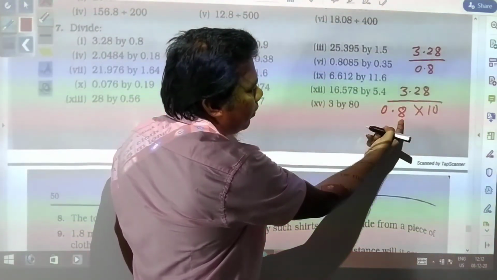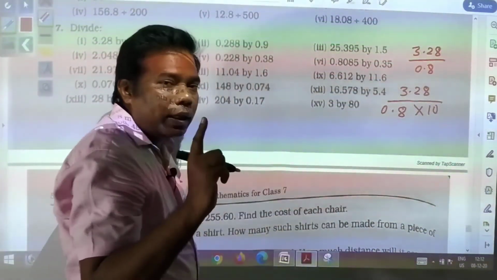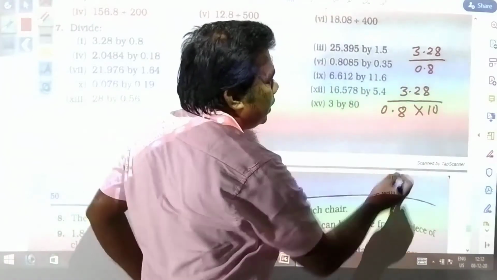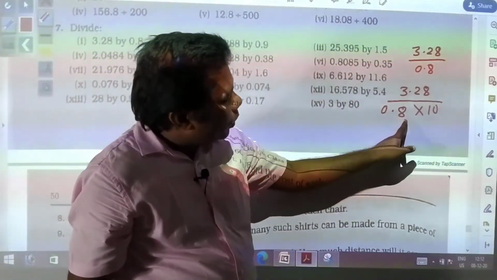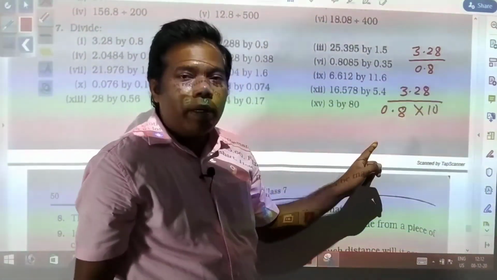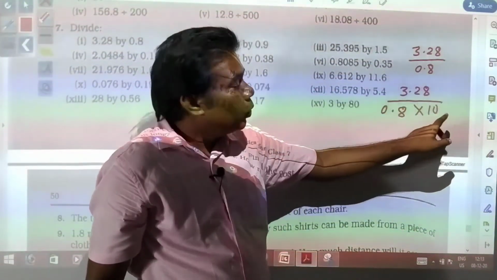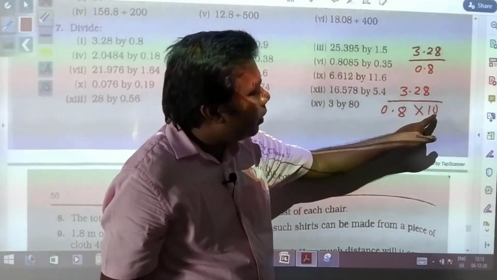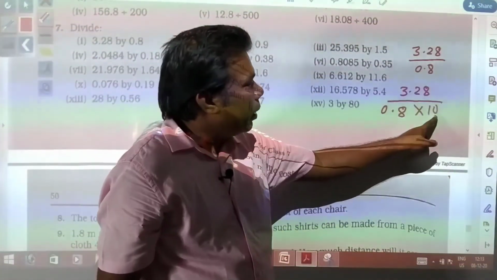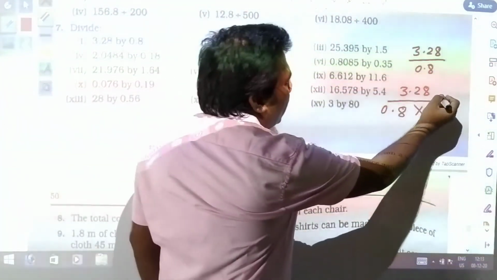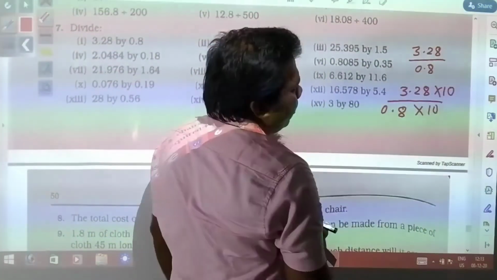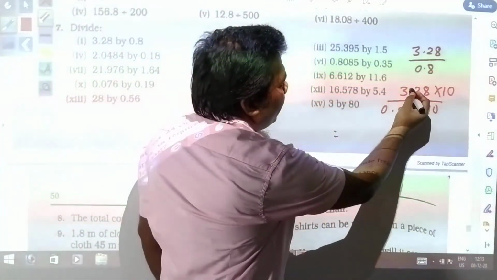After decimal you have 8, so after decimal 1 digit you have, so by 10 it is required to be multiplied. If 2 digits you will have, by 100 we will multiply. If 3 digits we will be having, by 1000 we will multiply. So since we have multiplied in denominator by ourselves, we need to multiply in numerator also. Now this will become